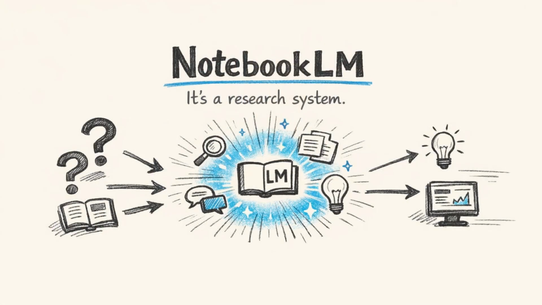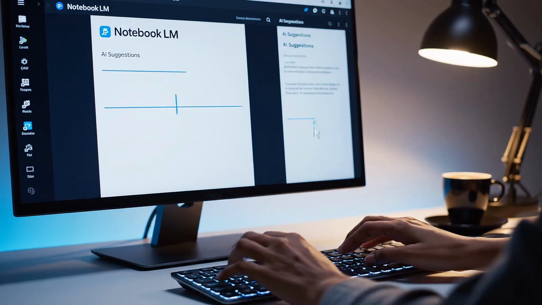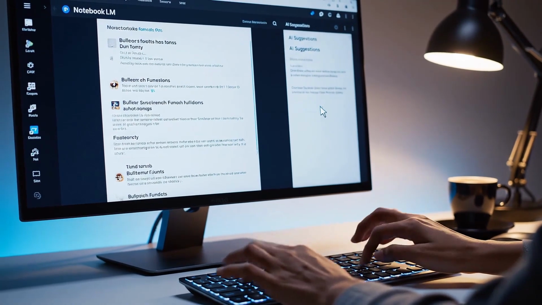Most people think NotebookLM is just a tool where you upload a PDF and ask a few questions, but that's actually the least interesting thing it can do. If you use it properly, NotebookLM becomes something much more powerful, a personal research system, a place where you collect